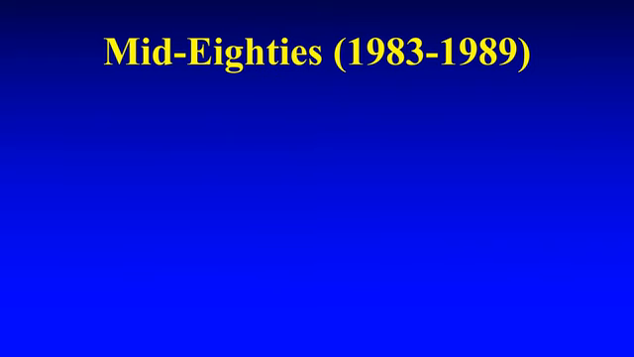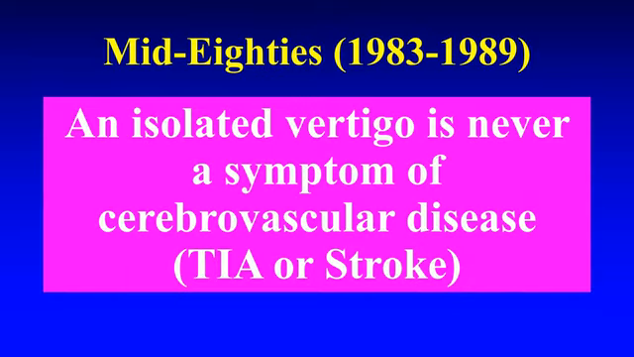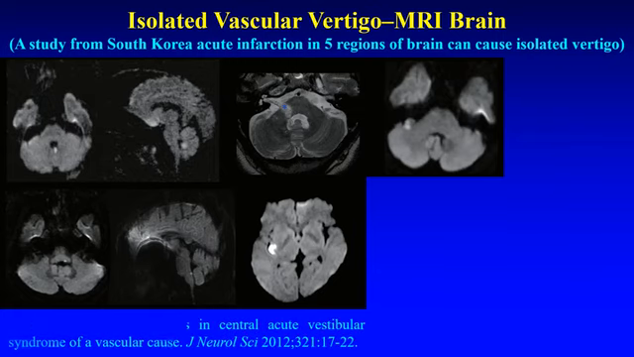The core topic of my talk today is recognizing stroke in acute vestibular syndrome, especially in the hyperacute stage. In the mid-80s, when I was an undergraduate medical student, we were told that isolated vertigo is never a symptom of cerebrovascular disease, TIA, or stroke. However, an article in 2012 from South Korea found that isolated vascular vertigo can occur from acute